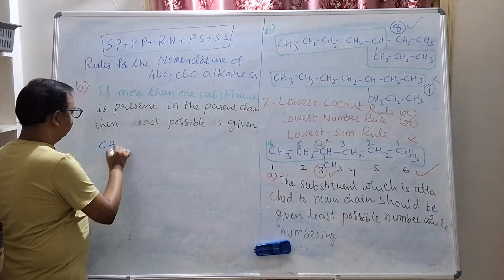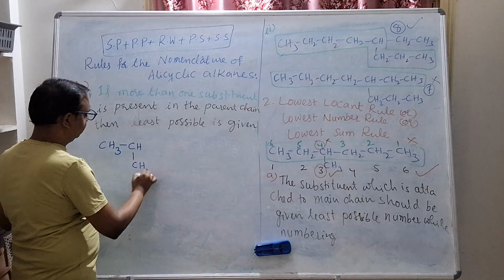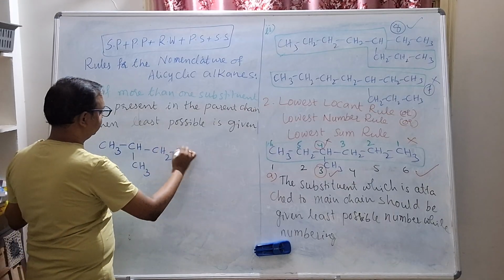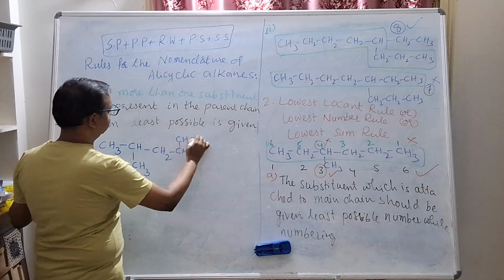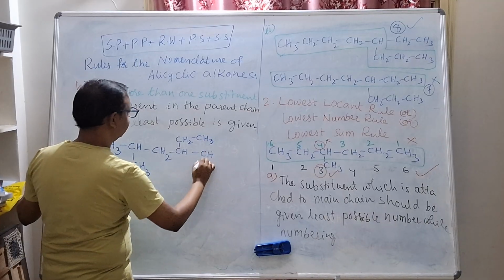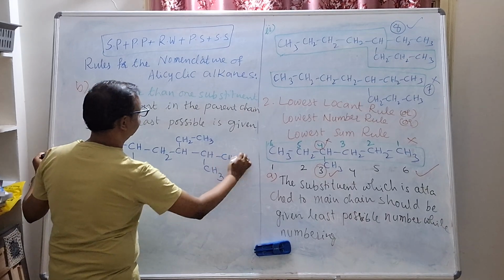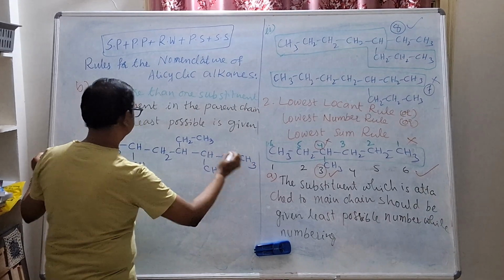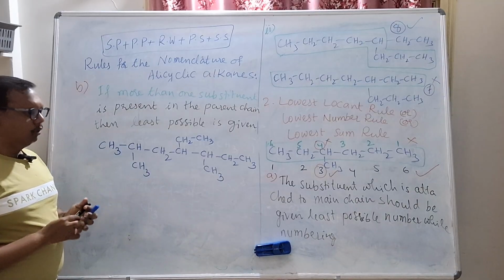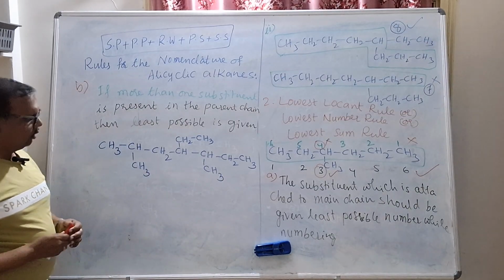CH3, CH, CH3, CH2, CH, CH2, CH3, CH, CH3, CH2, CH3. Okay, take this compound. Here, while numbering, what we can do, you see here,